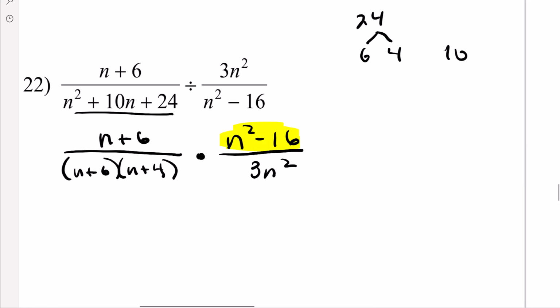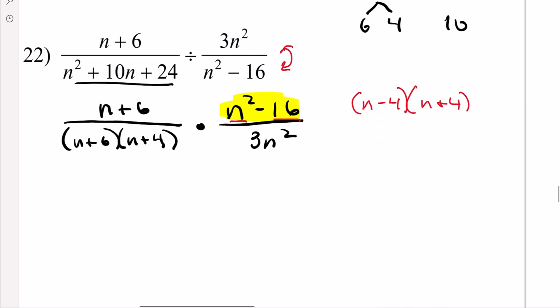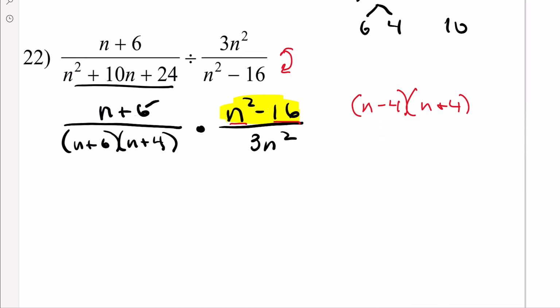Look at that. n squared is a perfect square. 16 is a perfect square. So this thing right here that got flipped, that actually can be rewritten as n subtract 4, n plus 4. So let me go ahead and do this first. I'm going to cancel those two, leaving a 1, leaving a 1. So now what we have is 1 over n plus 4 times